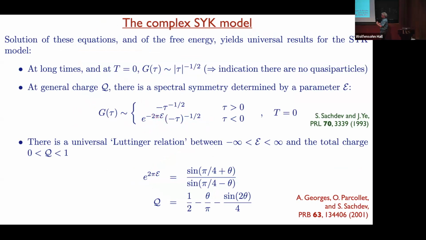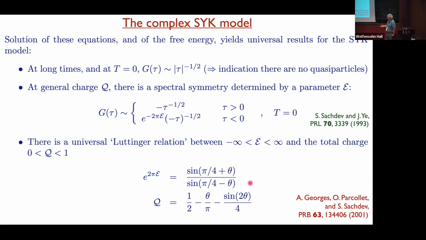Okay, so now you make this ansatz, you plug it in and work it out. And we showed that there is a solution where this exponent is 1/2. So it's clearly a non-Fermi liquid. In a Fermi liquid, the local Green's function would decay as 1/tau. This doesn't prove that there are no quasi-particles. There could be some other fractionalized particle. But for that, we have to wait a minute to rule that out.